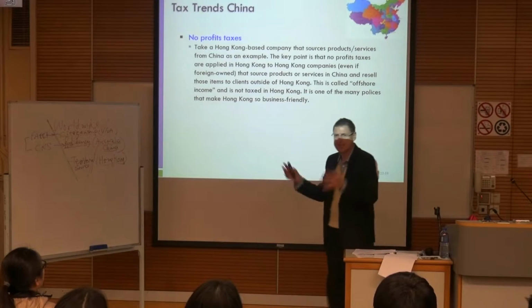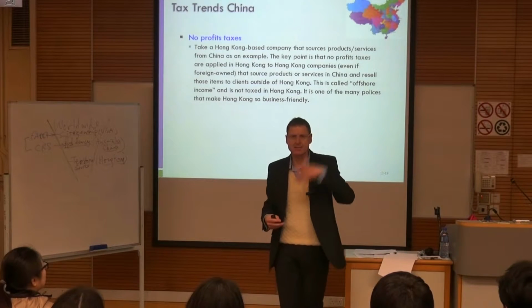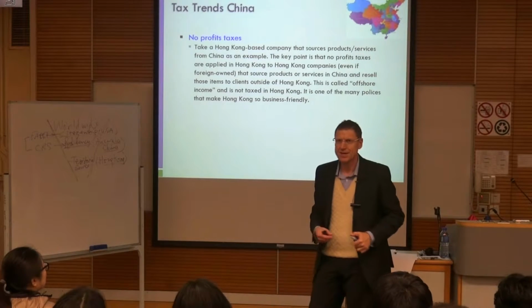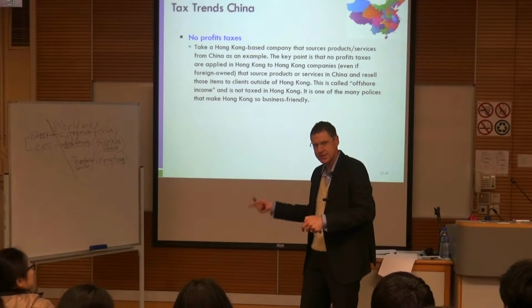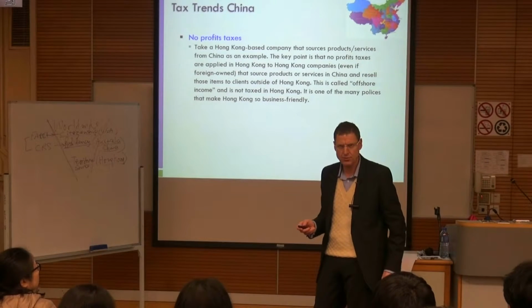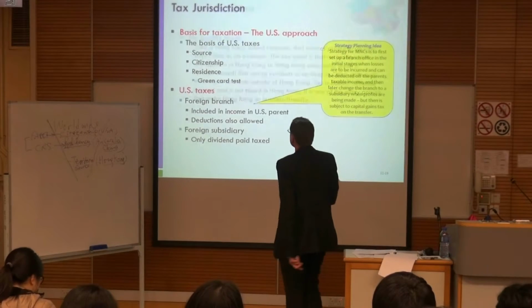Remember, then the money's in Hong Kong. How do you get it back out to the parent? You've got to pay a dividend. But ultimately, you may use that money for further recapitalisation of your China operations. Okay, so